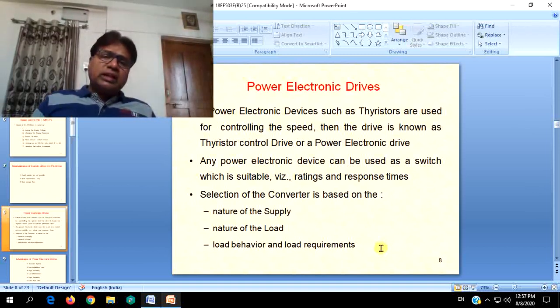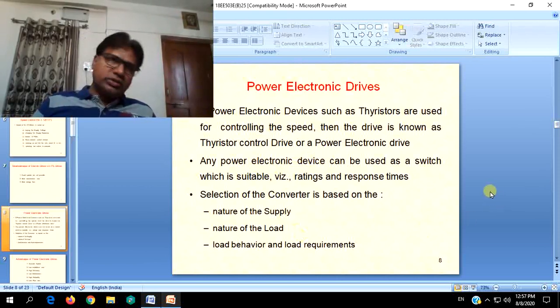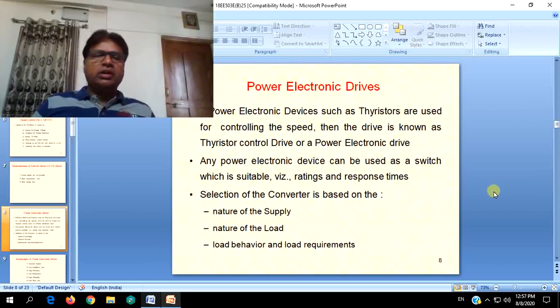So first the converter is selected depending on these factors, and once you select the converter, it can be a single stage converter or a two stage converter, as we have seen in the case of cycloconverters. And again in that, what are the power electronic devices which will suit the purpose, may it be SCRs, GTO-SCRs, MOSFETs, IGBTs or other transistors or diodes, even in some cases for lower ratings. So that is how the selection of converter and power electronic devices is made for power electronic drives.